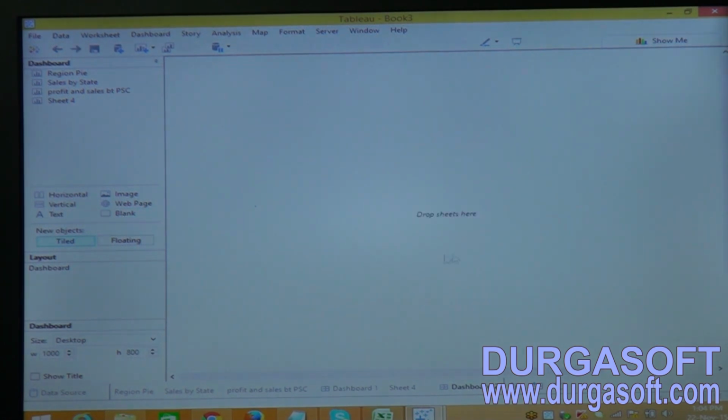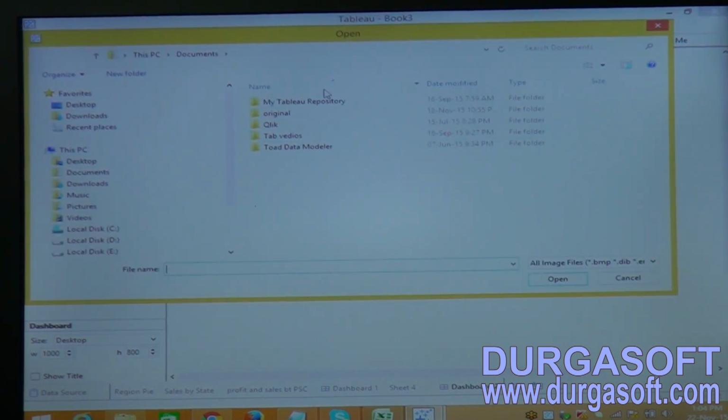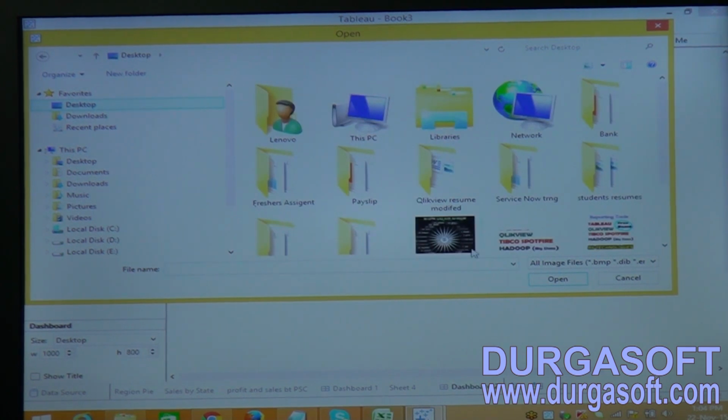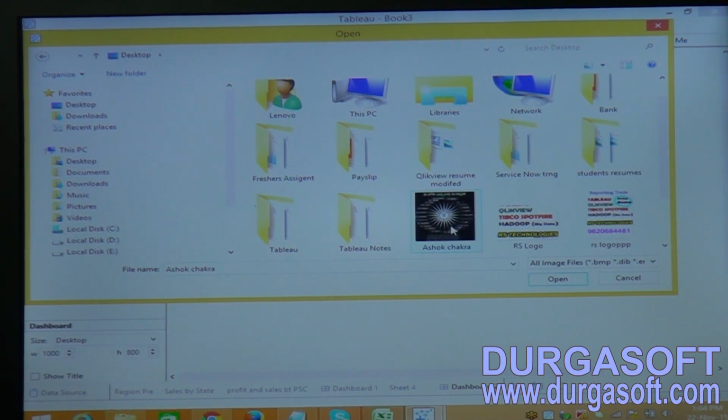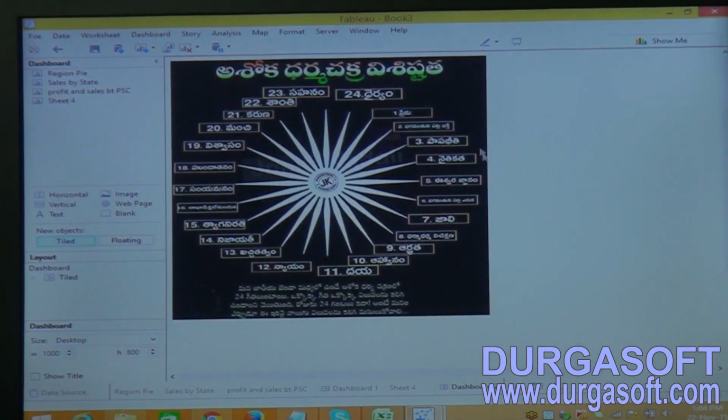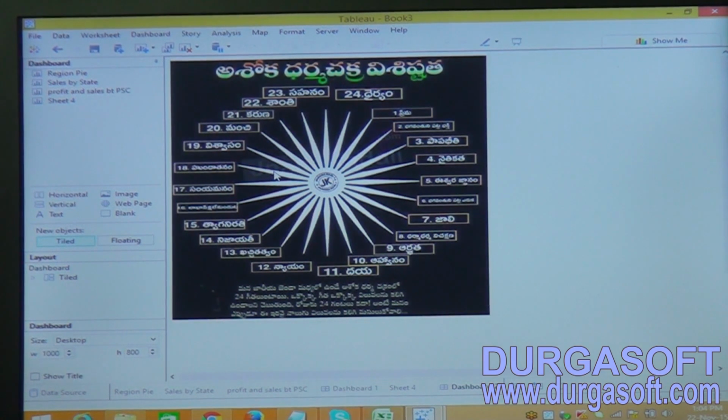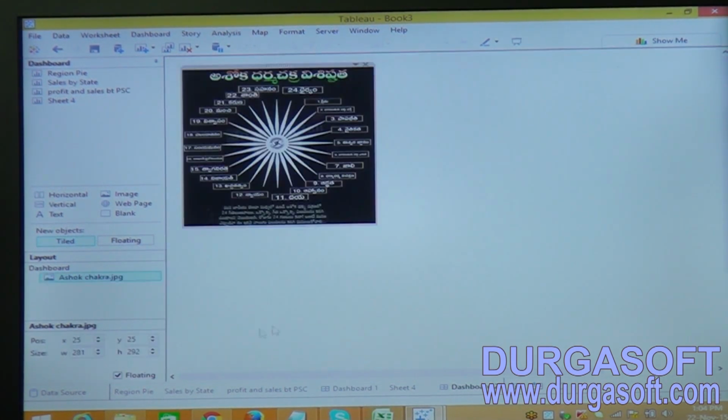Now see this, we have a drag sheet here. If you click on that, it will be covered up with the blank page. We don't normally use this. Now see images. You can also place your images by selecting different images on that. That means you can display your images on the dashboards.